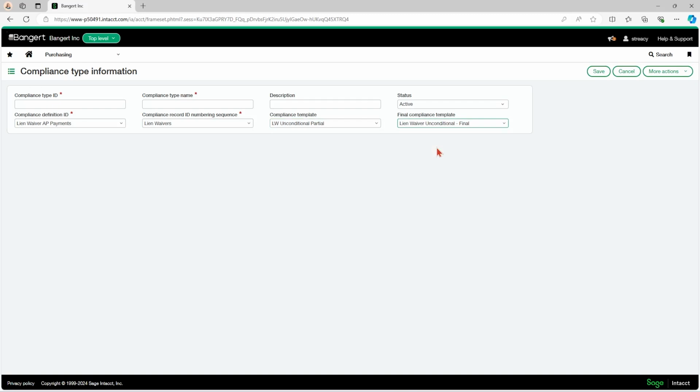So I hope all of that makes sense. You first set up your document templates. You then set up your compliance definition and then your compliance type. Because you've got your document templates in the system, you'll be able to select them from here. If you wanted to set these up and then come back and do the document templates at another time, obviously the type would still be here and you would just select them once they're in the system. So you would save that then, so you have everything set up for your lien waivers.